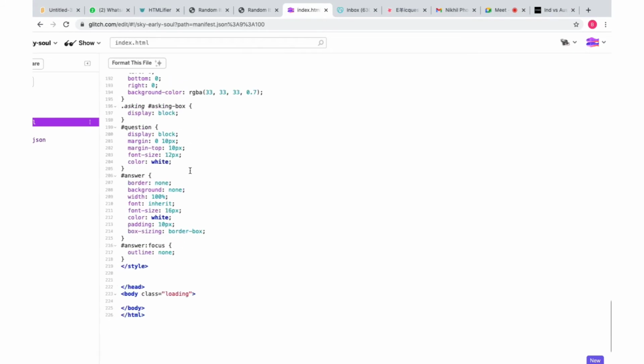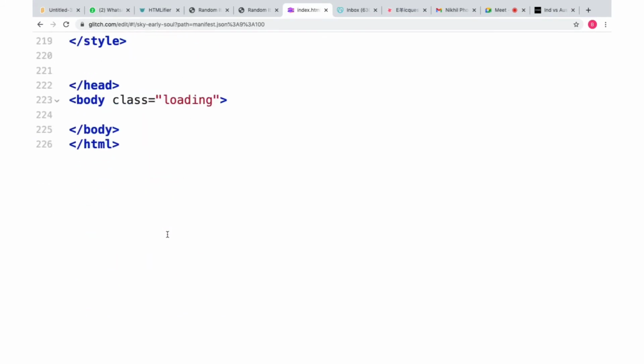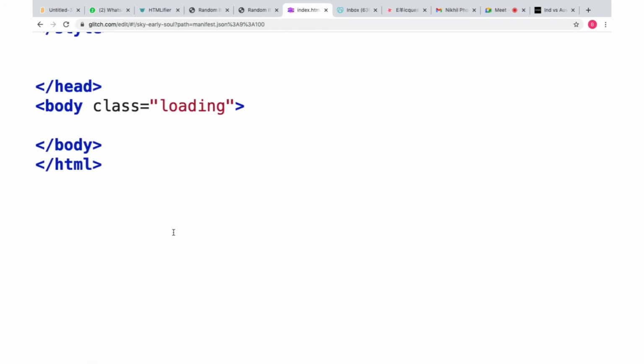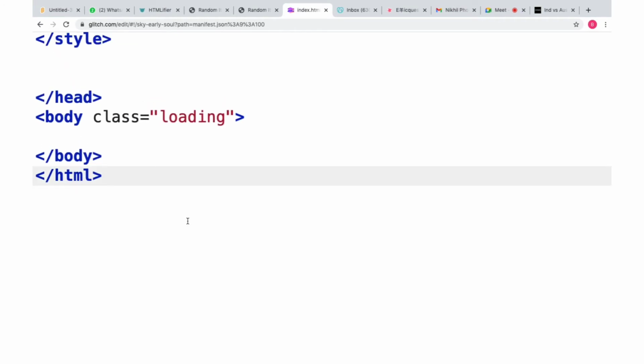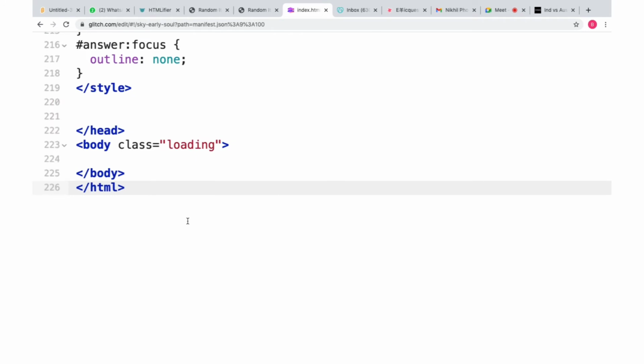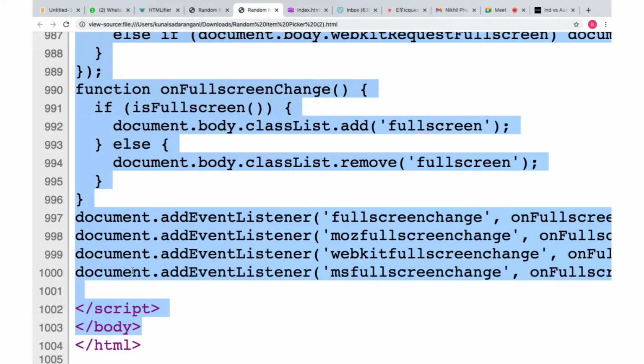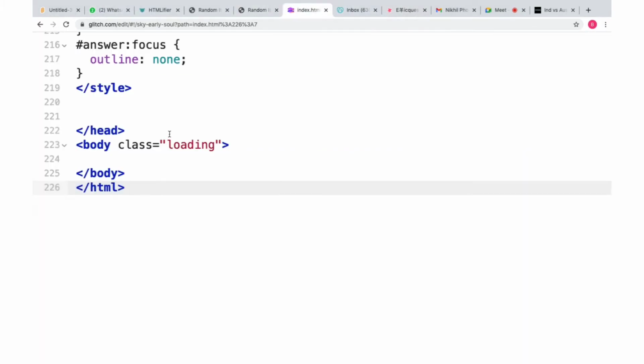I'll just first zoom in. I hope you guys can see. So I'm on this end of my code. I've gone to the end. Now you remember that we had, let me just show you again, we had copied till body here. Can you see 1003 body? Yes. Okay, and here also there's a body.